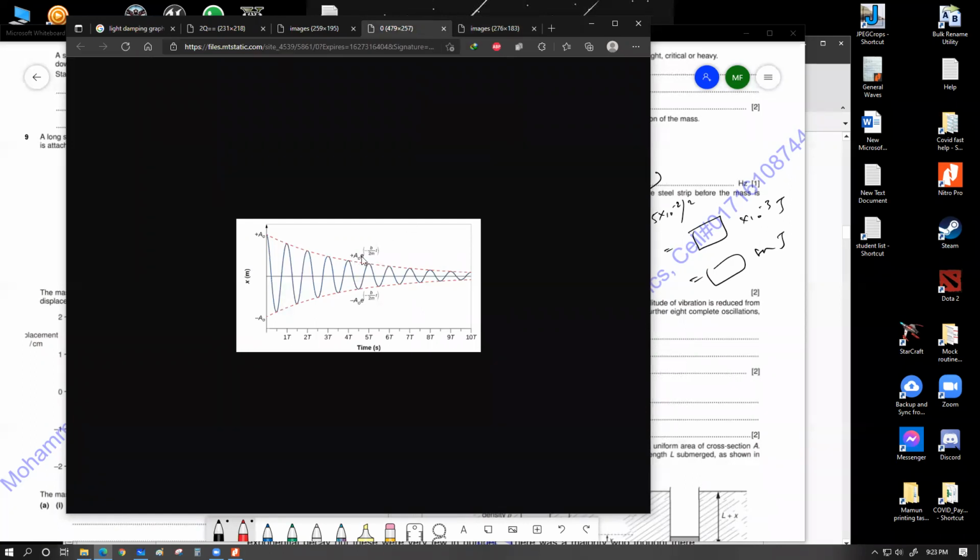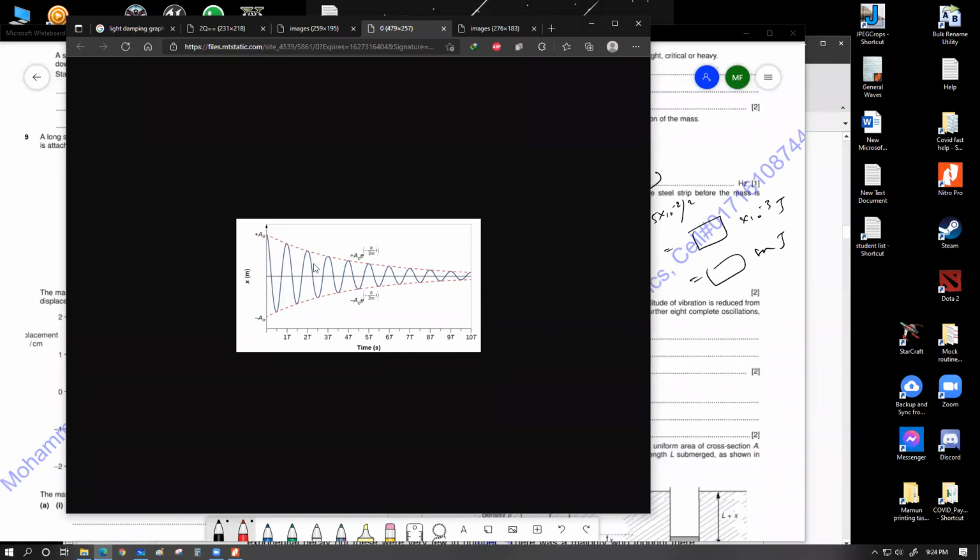You can see over here that this expression is a plus a e to the power minus b divided by 2m into t. This is a type of expression that actually defines the property of these two dotted lines. You don't have to know this expression. I'm just showing you this equation to convince you that the decrease of the peak crests and the trough points of this underdamping graph is not linear, because if they did have a linear decrease, hear me out on this one, then we should see a straight line through this pattern.